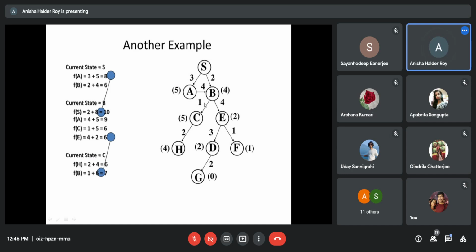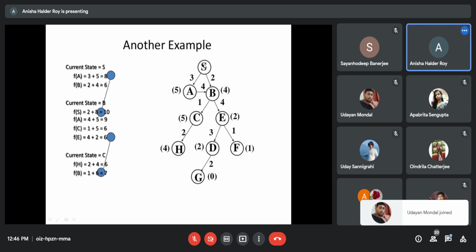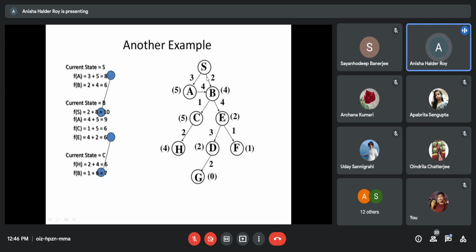Previous path. One minute. Let me understand this one. Okay, just leave it.